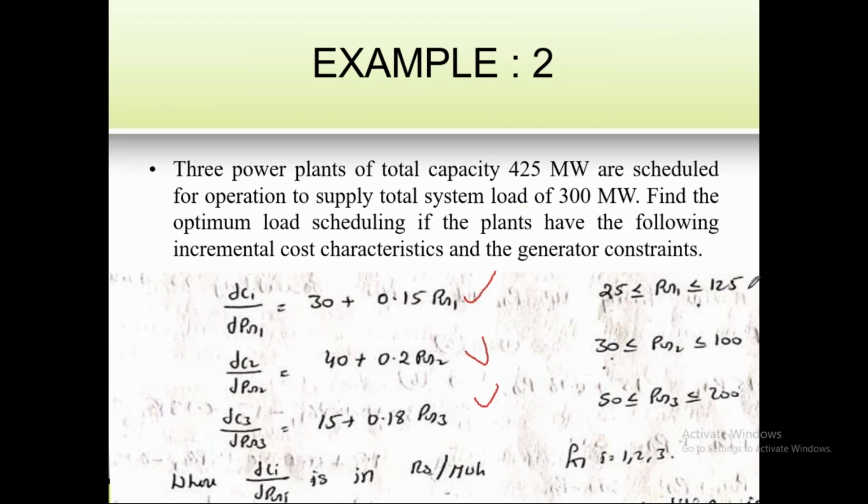This limits also. And here the power demand PD is 300. Note down these 4 equations. So this is the total demand for which we have to generate the power. After completion of noting down, just tell me, and we go for solving the problem.